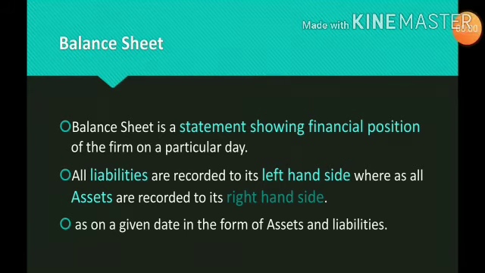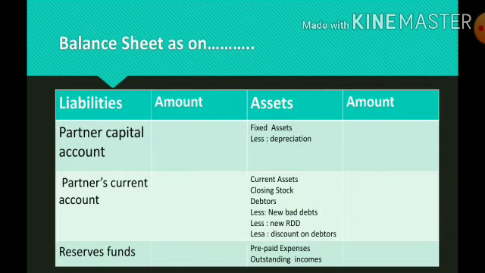Now we will understand the next aspect, that is balance sheet. Balance sheet is a statement showing financial position of the firm on a particular day. Here we are going to record all the liabilities on left hand side and all assets recorded on right hand side. So assets and liabilities will be recorded in balance sheet. Now just see, on left hand side liabilities are recorded, that is if in problem partner's capital account or current account is given, then we are going to write the balance, then reserves and funds, then the current